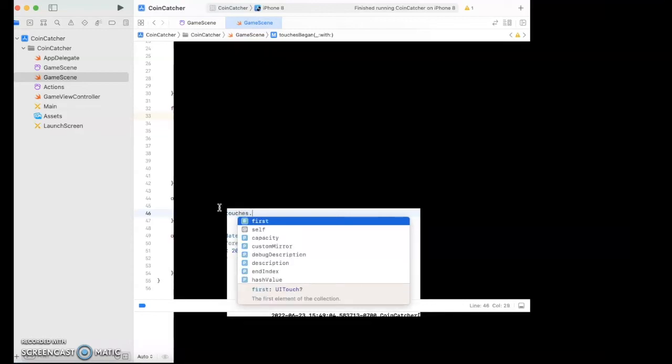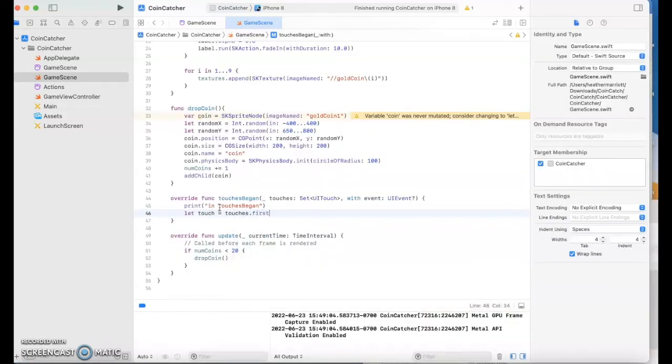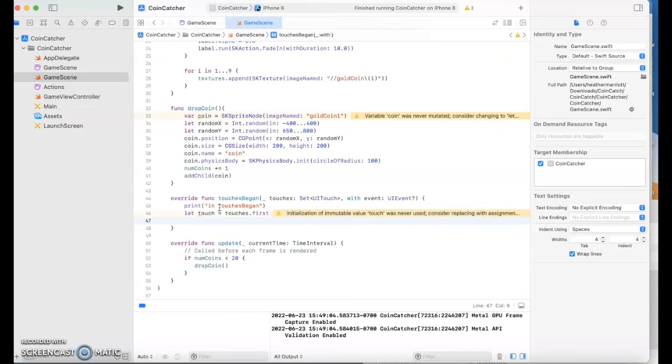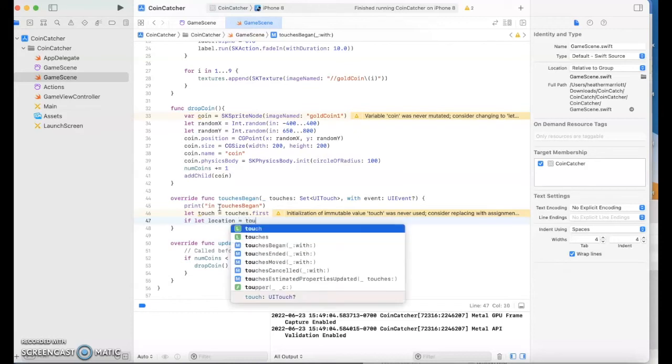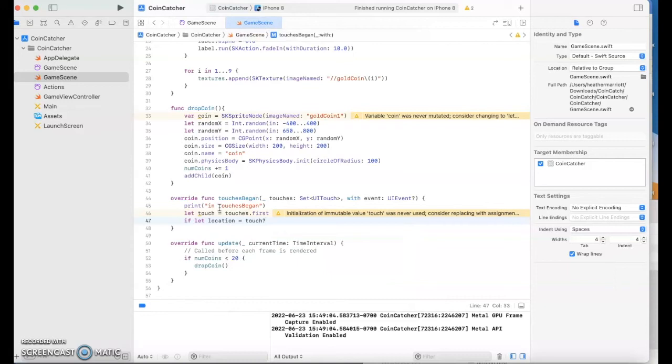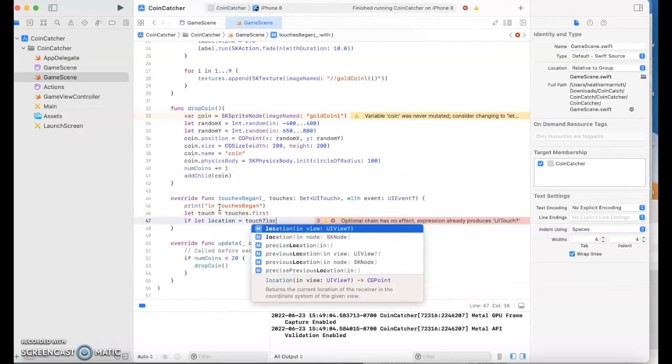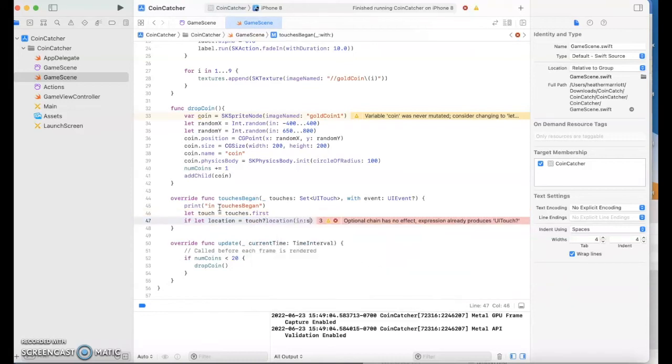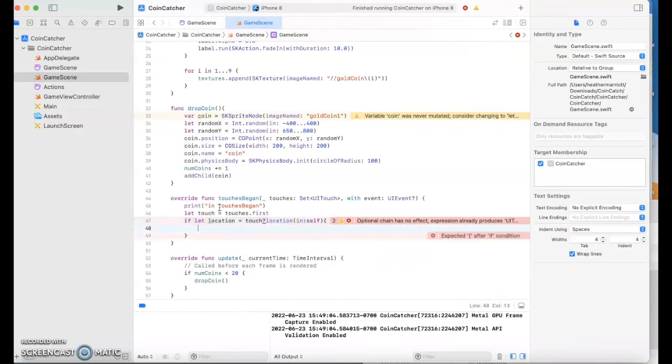So it's possible that you could use more than one hand, more than one finger, and be touching multiple spots on the screen. So there might be more than one touches object. And I just want to look at the first one and assume that's the one that we want to look at. And then the location for that touch. Let's see, location in self. So within that screen, what's the location where you're touching? And then